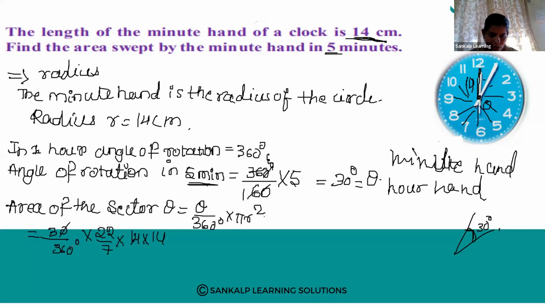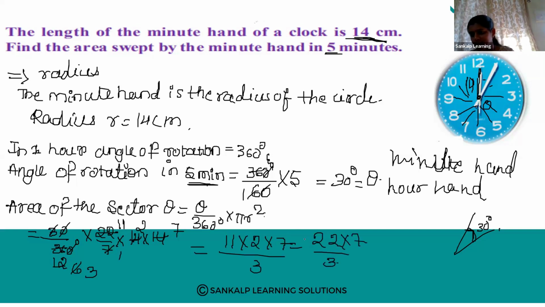Okay. So 0 0 cancel. 3 ones are 3, 3 twos are 6, 12. So 7 ones are 7, 7 twos are 14, and 2 sixes are 12, 2 sevens are 14, right? Next, 2 threes are 6, 2 elevens are 22. Okay. So again it will not divide. 11 into 2 into 7 divided by 3 into 2. That is 22 into 7 divided by 3. So finally you will get